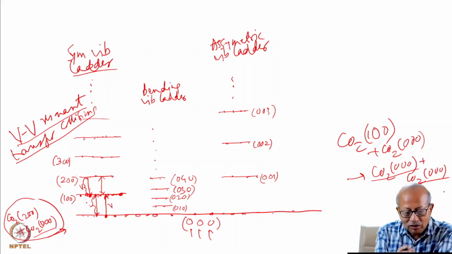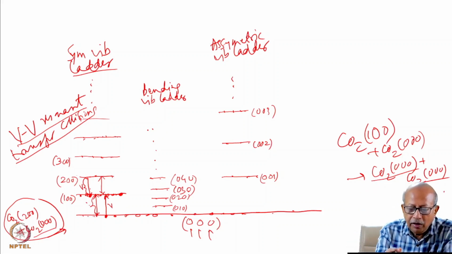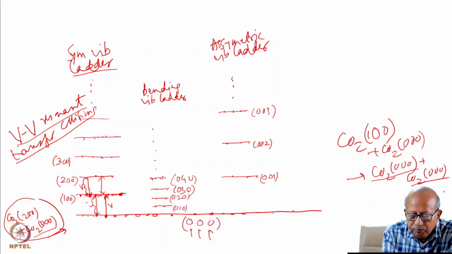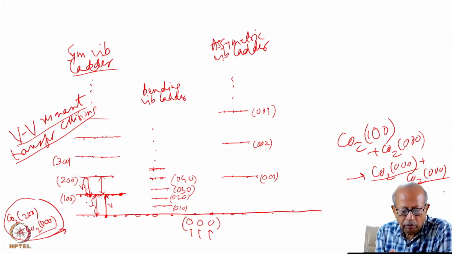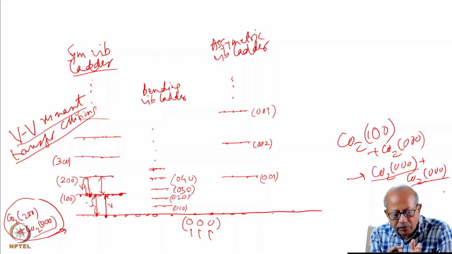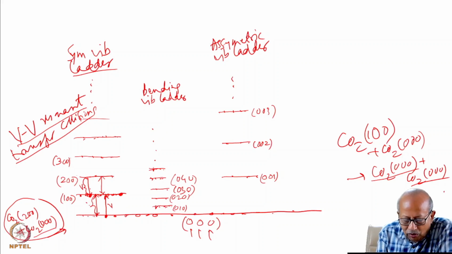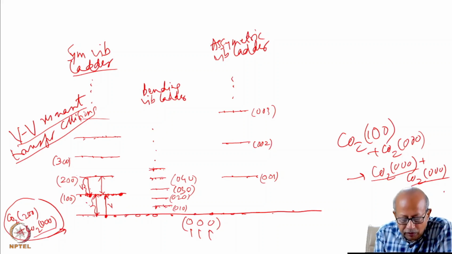However, the same thing would happen for the energy which is stored in the vibrational ladder. The molecules which have climbed up to the higher vibrational levels, bending mode levels, would also collide within themselves, and the energy is relaxed and eventually comes down here. Now, the energy of excitation of one bending mode is nearly half of that of the symmetric mode.